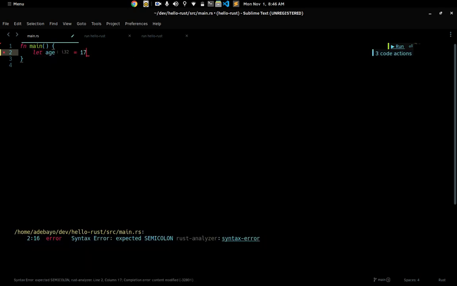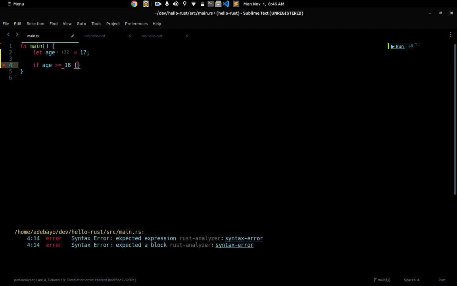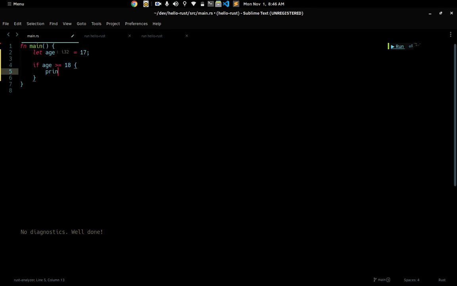So it's just like this. Age equals 17. And we're going to say if age is greater than or equal to 18, println: you are old enough to make decisions for yourself.